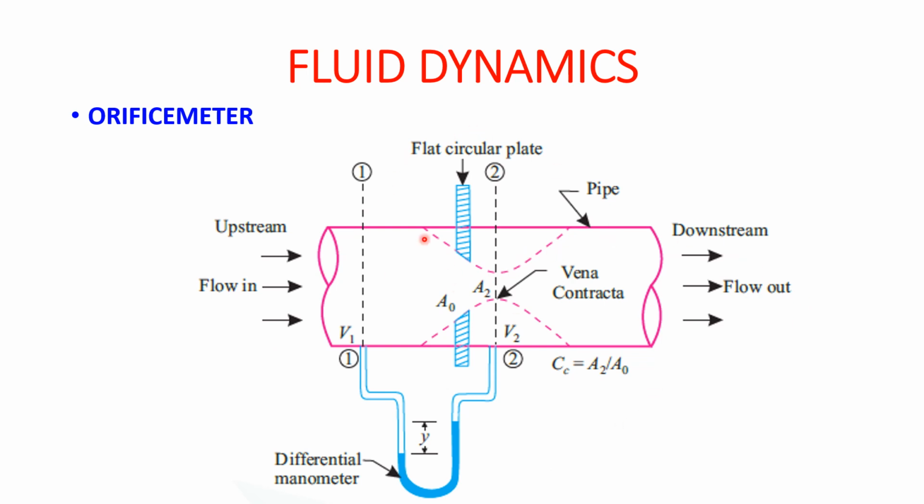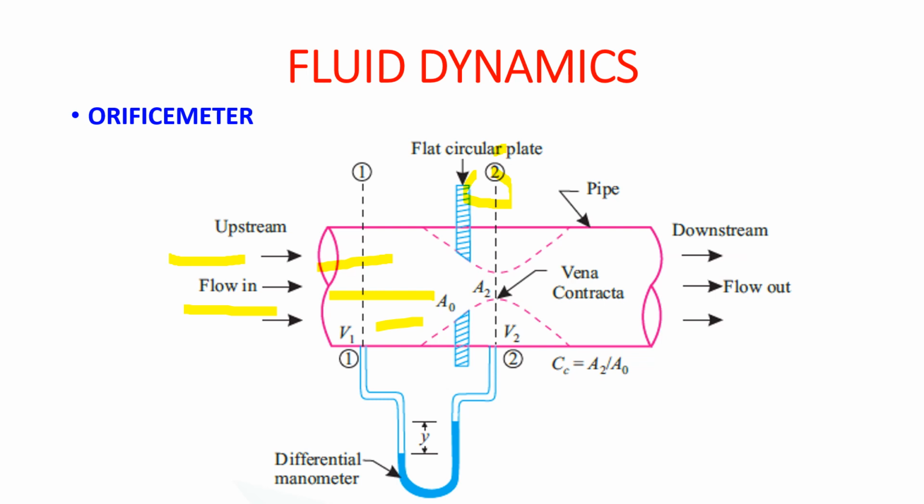Basically, you will see that the water is flowing. We will take the help of a pointer here, and we see that the water is flowing through this stream from this end like this, and through this pipe area. Let section 1 be at the inlet of the orifice meter, and section 2, which is shown here, is the vena contracta section.